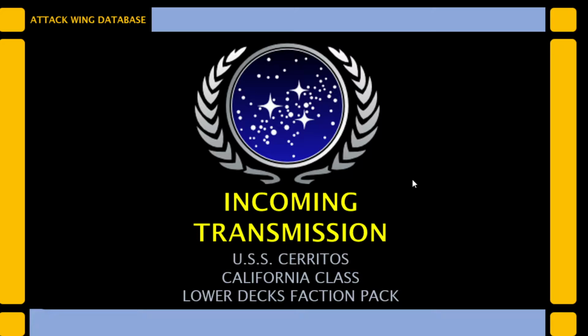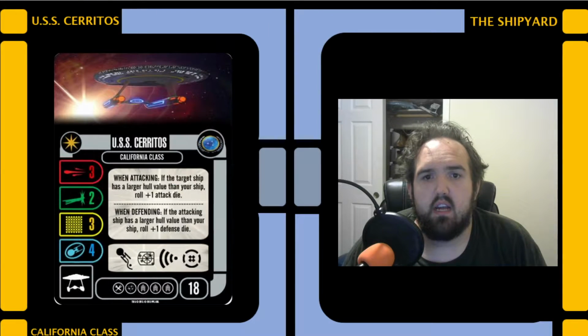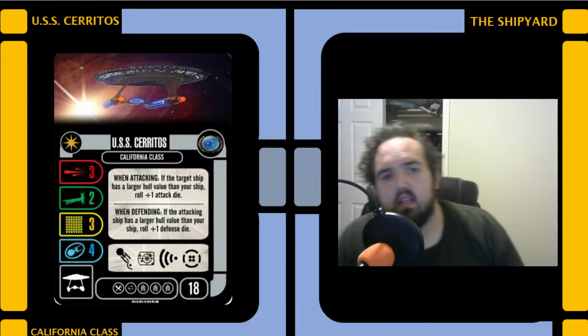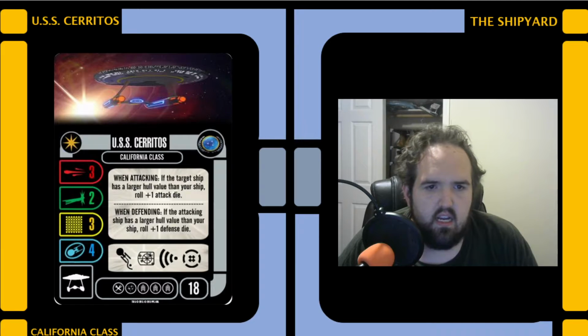We're back to Antari's shipyard packs content. This is part one of four of a faction pack. I say that with air quotes. So be prepared for more of this content coming soon. All right. We are jumping over here and starting off with a bang with, of course, the USS Cerritos,